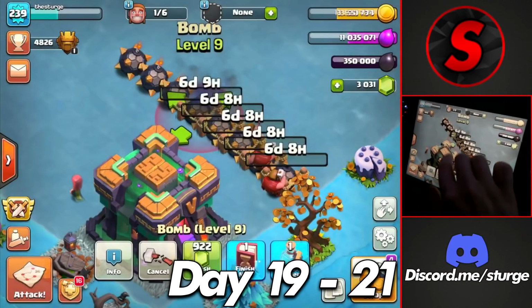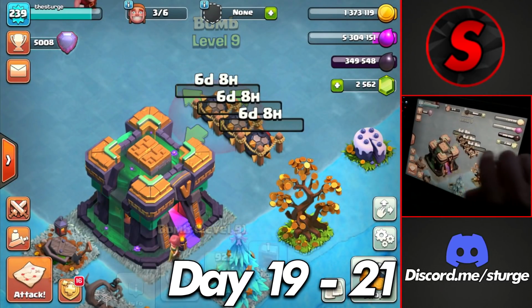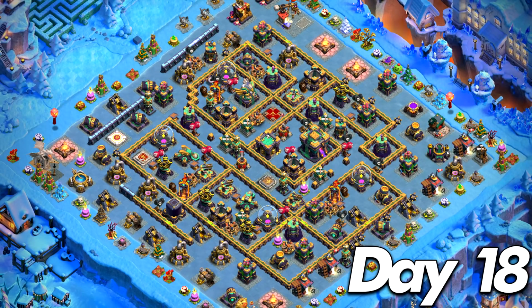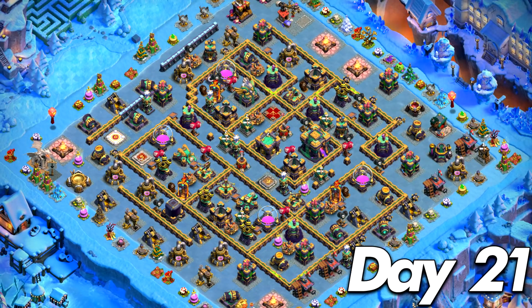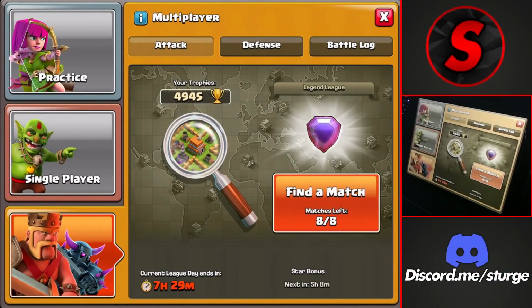For upgrades during these few days, I was able to finally max out all the bombs, meaning all I have left to upgrade now are the rest of the walls, which I upgraded a total of 9 walls during these 3 days. Speaking of Legend League, I hit it at the end of day 21, meaning I now only have